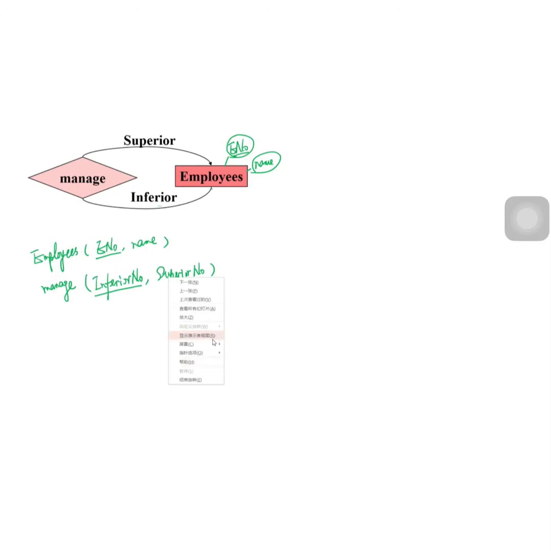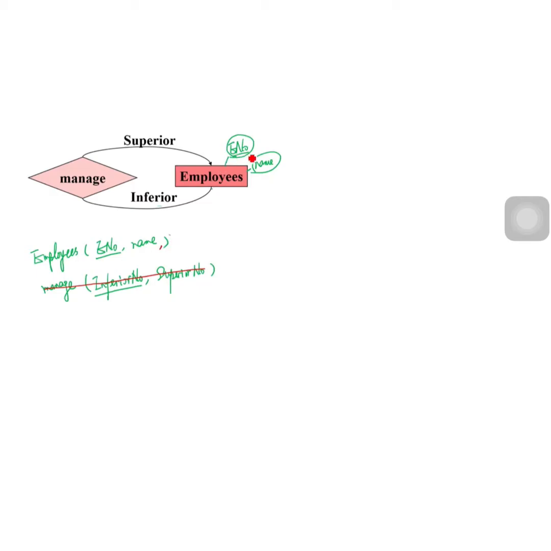And we can also convert it like this. We need not convert the relationship to a relation. We can add the primary key of the one side to the many side. Now the one side is superior, so we'll add